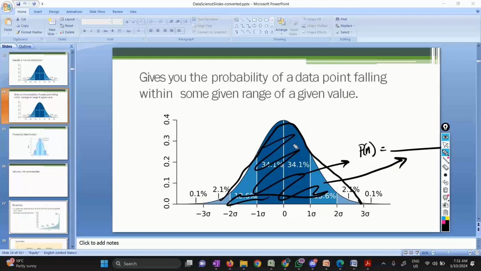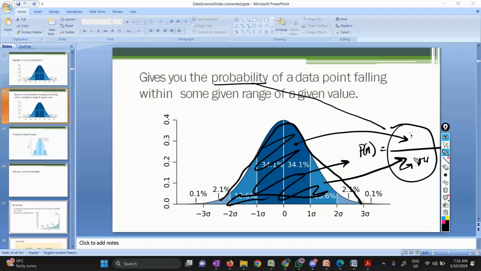And if you want to calculate a particular event, the probability of happening of a particular event, that goes here. I mean, what is the number of times it is possible. So it gives you the probability of a data point falling within some given range of a given value. So finding probability is always a ratio between something and something. Below it is all possible ways, above it is the number of ways your favorable or interested event can happen, and the number of ways all the events can happen. This is always true, when all the events are embodied inside this